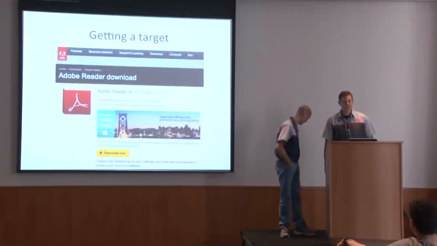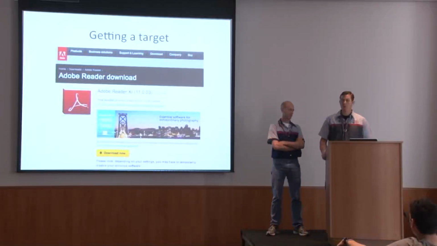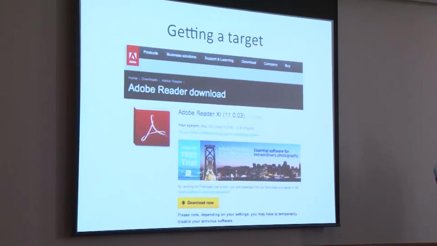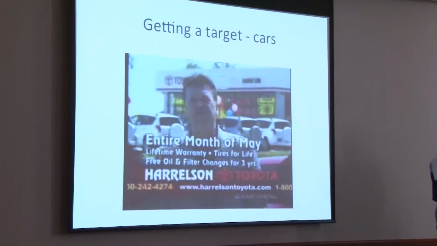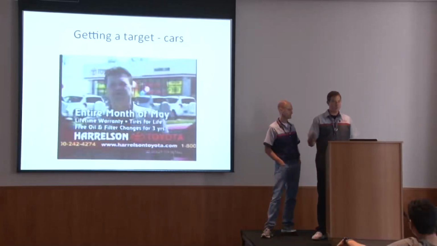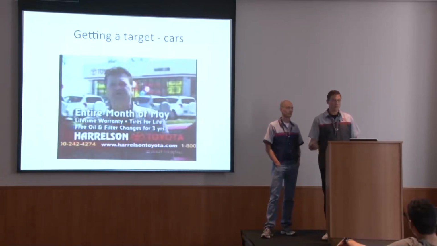All right. Yeah, so car hacking is hard. In the regular exploitation world, if you want to attack something, you download a piece of software and you can start reverse engineering it right away. Targeting cars is a bit harder. We had to actually find cars that had the features we wanted to try to attack. And that actually took us like a month just to find the exact cars we wanted to use. So it ended up being difficult just to get the automobiles.